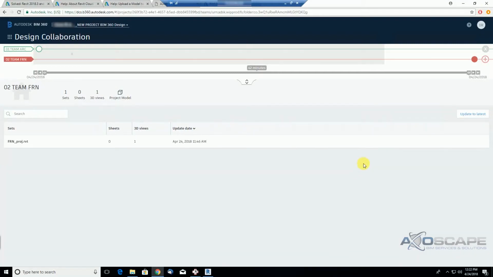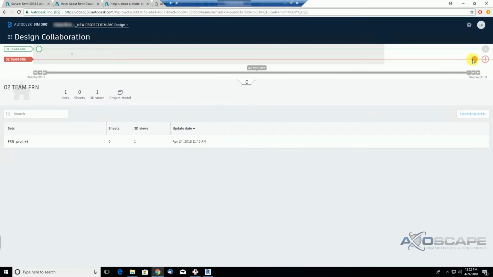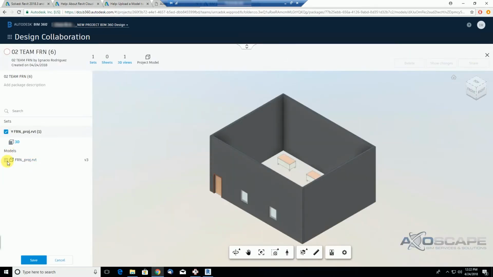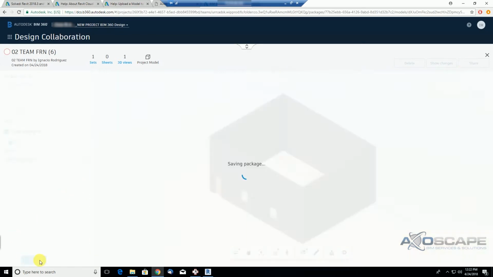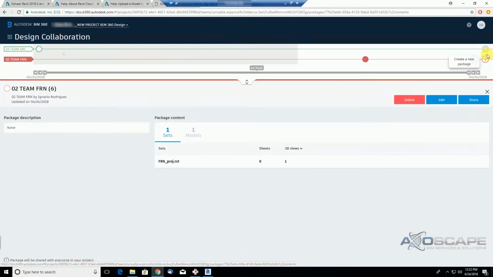So now we said that we're going to see what this reuse button means, but as I was recording, I remember that in the last video we talked about permissions, and in the case that someone needs to create a new package and they don't have the permission level to share the package, they can still save it. If they save it and they don't have the permission to share, this will be disabled, so they will just click here on the X, but still the bubble will be created,